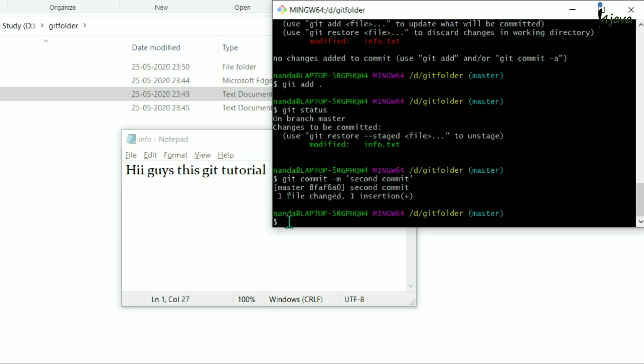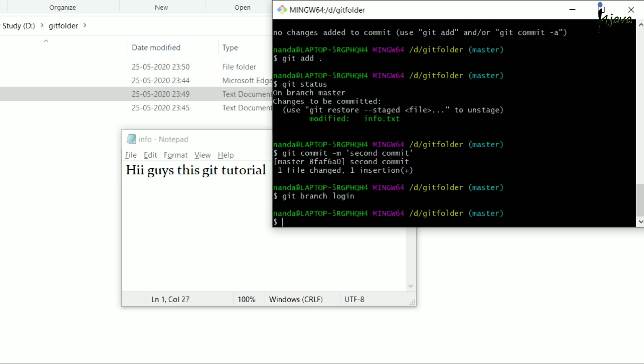Now suppose we want to push this file to our remote repository, or we want to create a branch. To create a branch, we write the command git branch and the branch name. In my case, I am taking the name login.